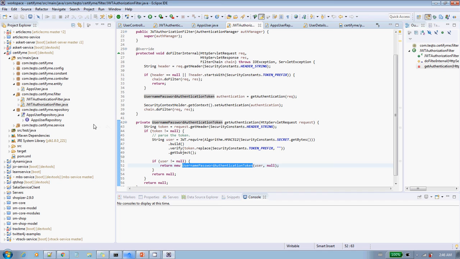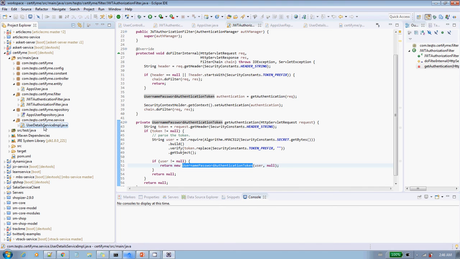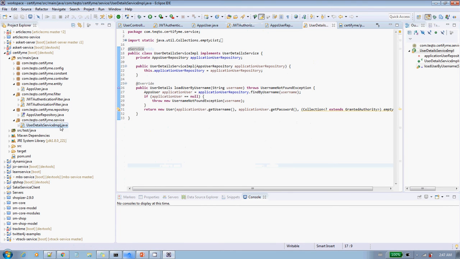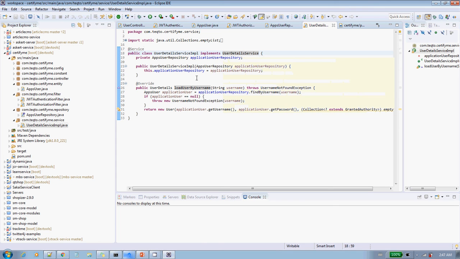After that, we have one more important class here, the user detail service sample that I have written. This implements the UserDetailsService, which is part of the Spring Security framework. Here we write our custom authentication by the username.